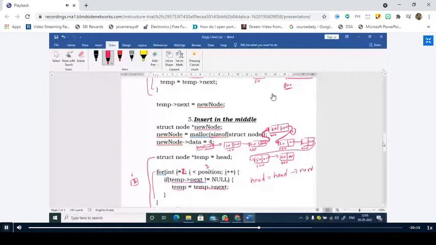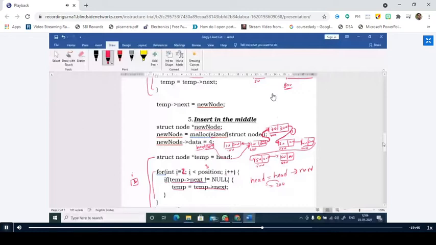So if I write head is equal to head next, what is head next? Since it is an assignment operator, it works from right to left. Therefore, head next. What is head next here? It is 200. And I am assigning 200 to head. Therefore, the head becomes 200. Whenever the head becomes 200, there is a pointer pointing to this location. Is it clear? Yes, sir. Now the link is automatically broken.